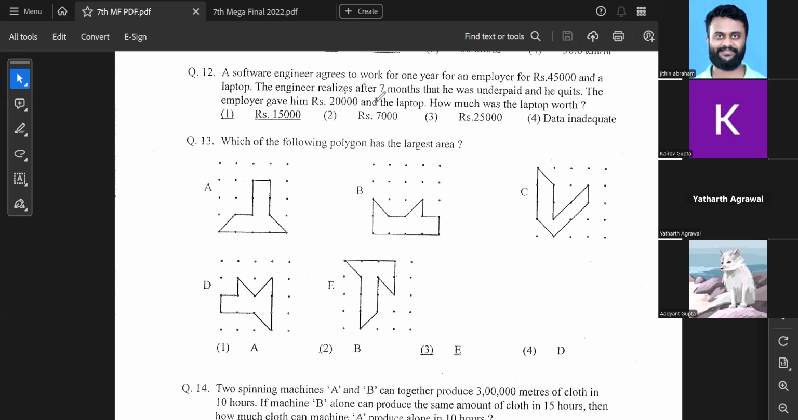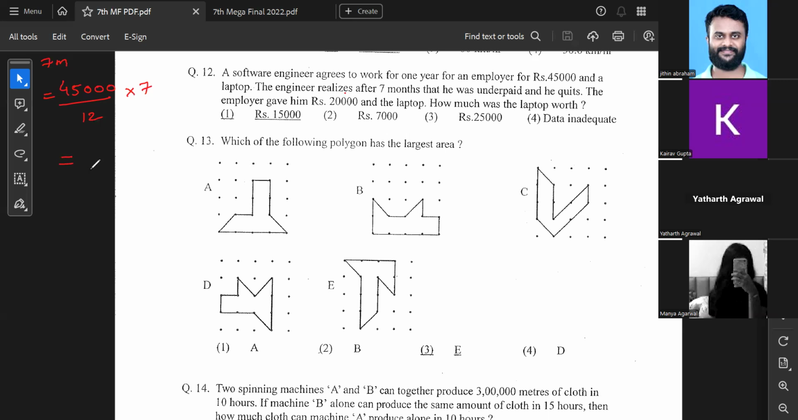So first let's find out how much salary he should have received in 7 months. The salary he was supposed to get in 1 year is 45,000. When you divide it by 12, you will get what his salary for 1 month should have been. Then you multiply it by 7, you will get what his salary for 7 months should have been. So this should be,